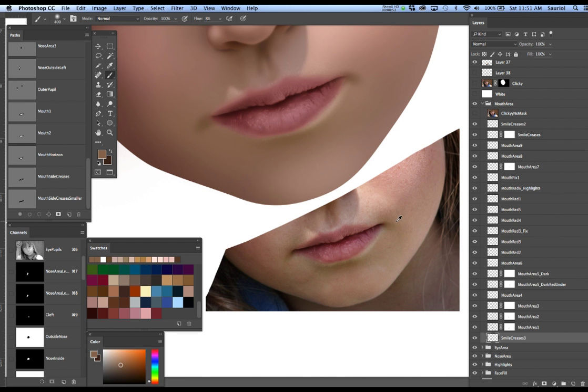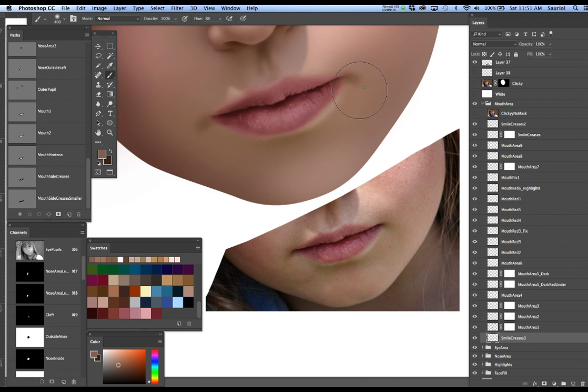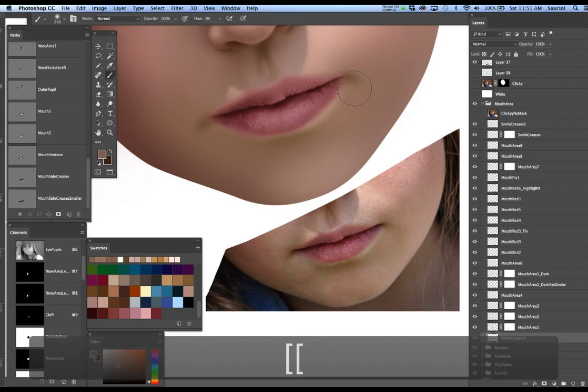Let's go over to here and grab this color and hit it a little harder here, and just see what I'm getting. Mouth area. Okay, that should be working. Let me grab this color here, right here, and let's make it a little bit darker on purpose. And now I'm just going to feather that area and get it a little darker around the mouth there,